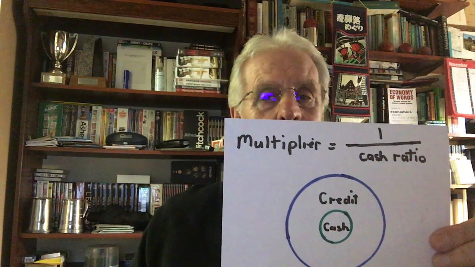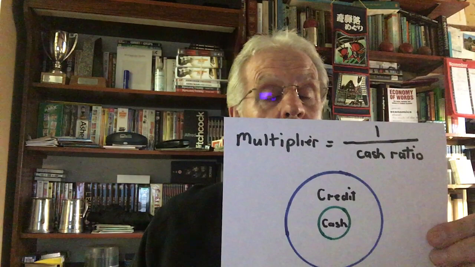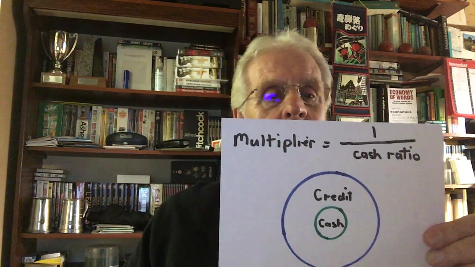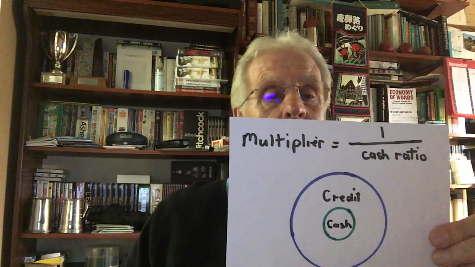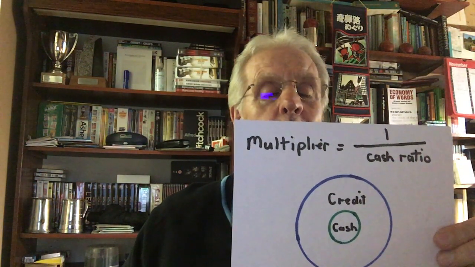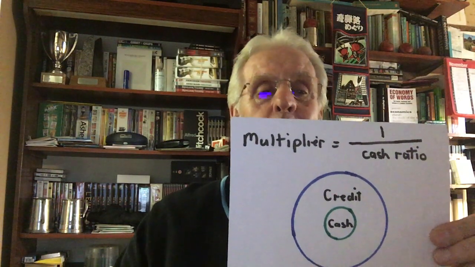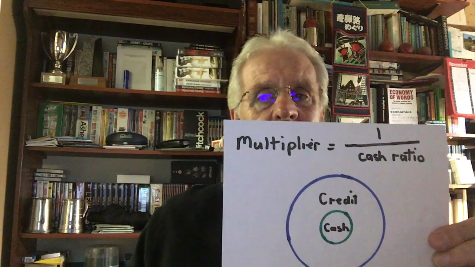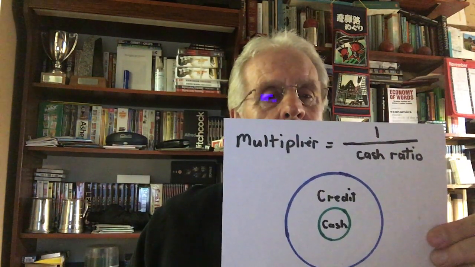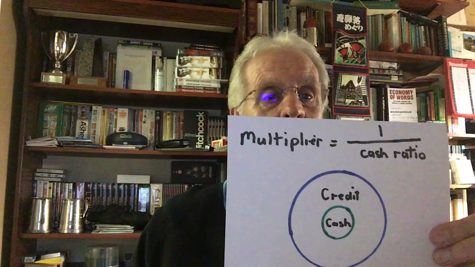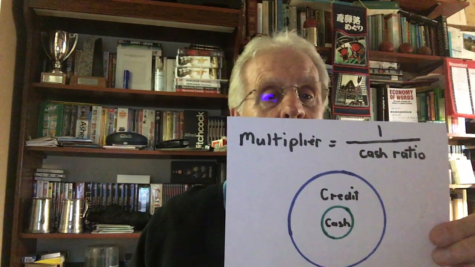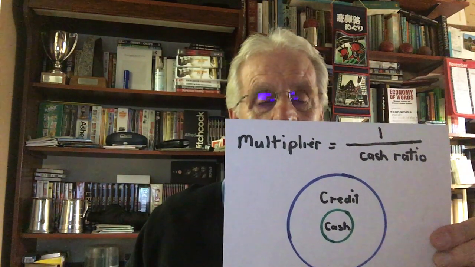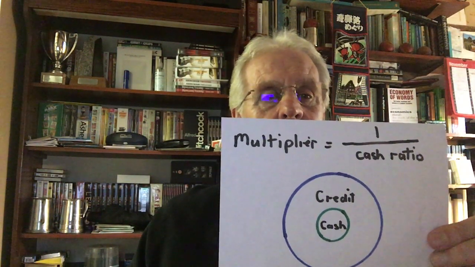Or if you were worried that things were expanding too quickly, you could reverse the process. You could raise interest rates, and although banks would want to lend, people may not want to borrow because the interest rate is too high. So certainly theoretically it's nice and easy. You could think in terms of just interest rates going up and down, expanding or contracting the amount of money in the economy. But it doesn't always work like that, and it often depends upon the